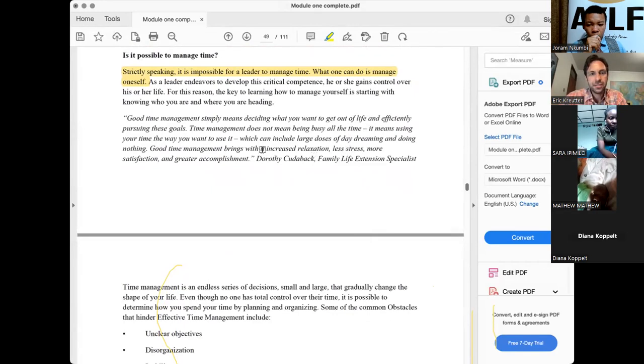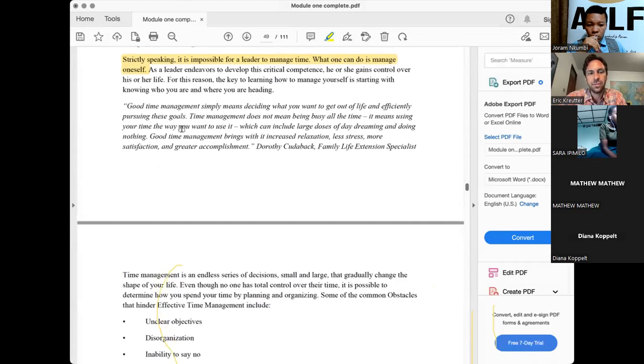So like I said earlier, one of my leadership challenges was I was always too busy and people felt like they couldn't connect with me as a leader. And I had to learn that good time management even is about creating time to take it slow and be with people and connect with people and be more friendly and relatable. So time management is not just about doing as fast as you can. It's about knowing how to do things so that you get what you want in the end. It's about achieving your goals, knowing what you want to get out of life and effectively pursuing your goals.